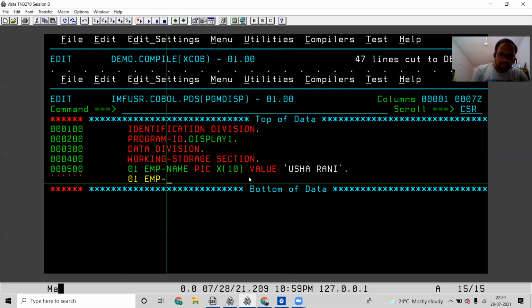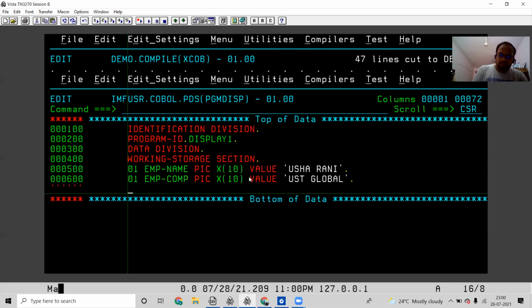Employee company, say pic X of 10. Alphabetic. Yes, this is also alphabetic value. And here I'm giving your company as UST global. So this is your company name.